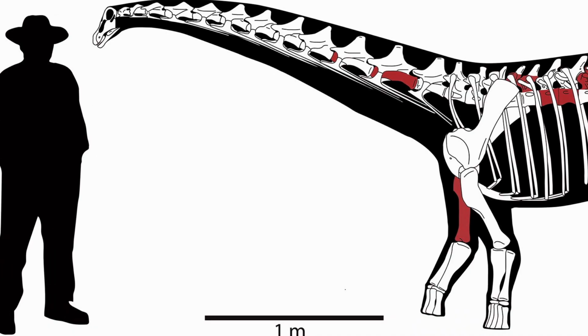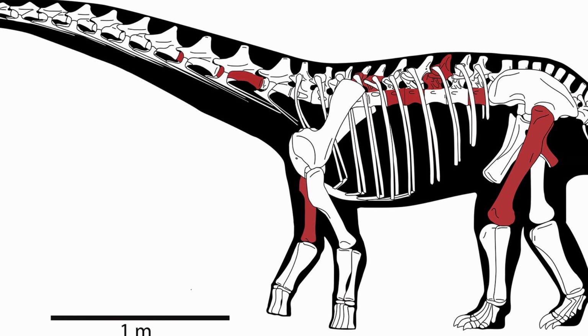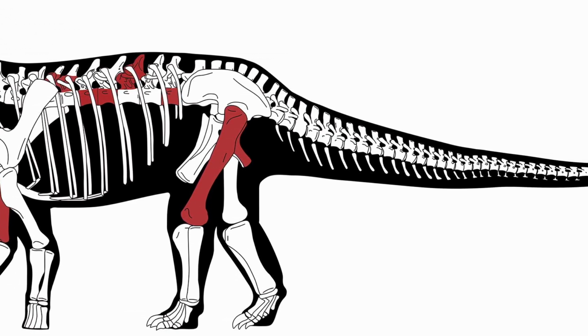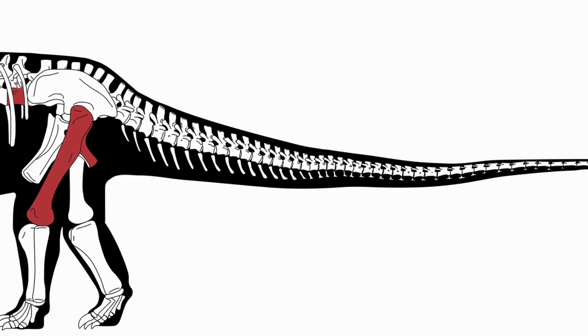March's main discovery was a small sauropod, Erectar. Erectar was a juvenile at only 6.3 meters long, give or take. Now that might seem pretty big, but for a sauropod that is actually pretty small. It's hard to tell exactly how large it would have been when fully grown, because it kind of grew